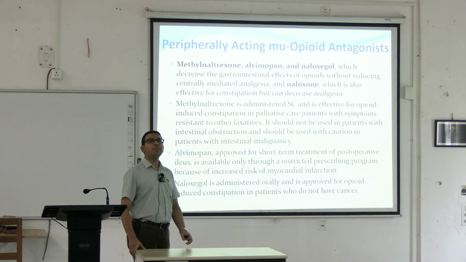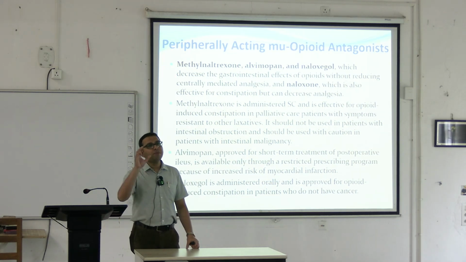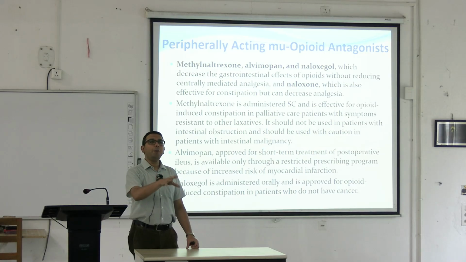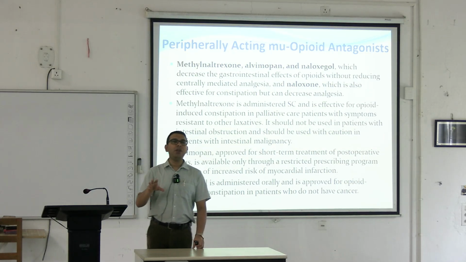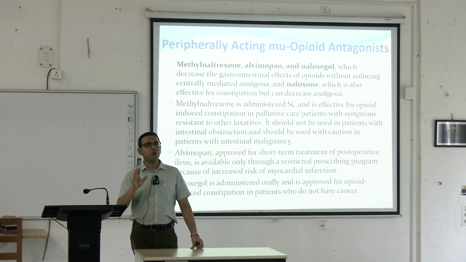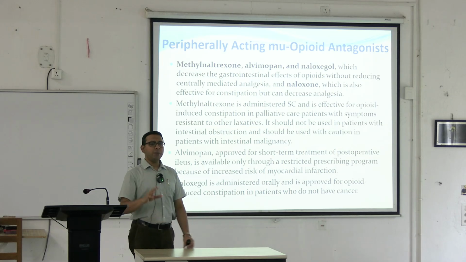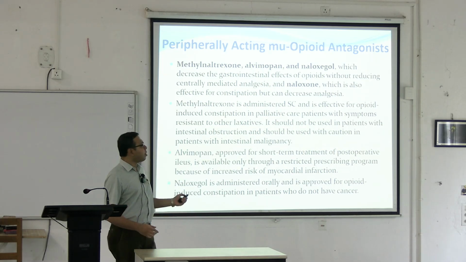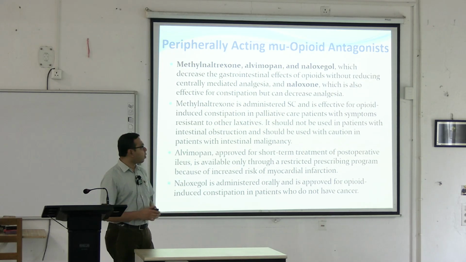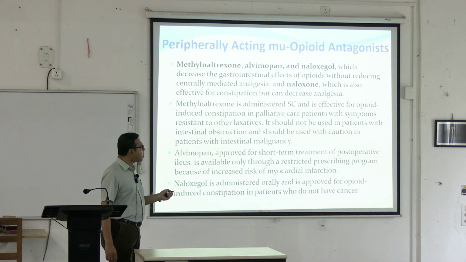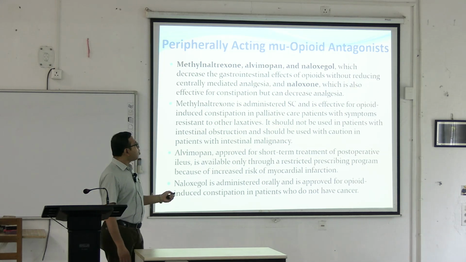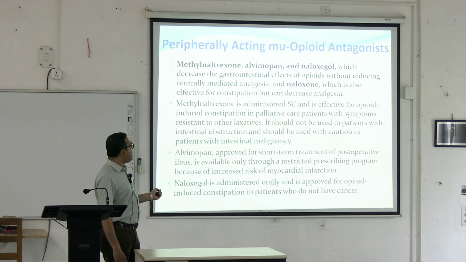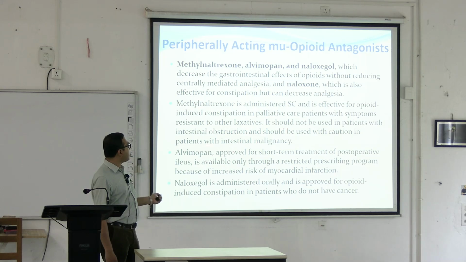For example, if there is severe cancer pain, we have to give morphine. And already in the opioid class, you have seen that morphine or the other opioids cause severe constipation. So, we can give these types of mu opioid receptor antagonists in patients with palliative care. It should not be used in patients with intestinal obstruction and should be used with caution in patients